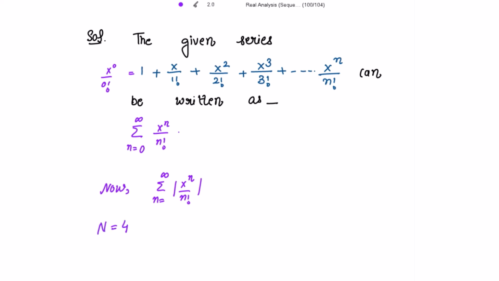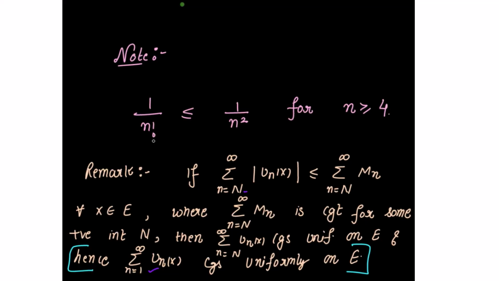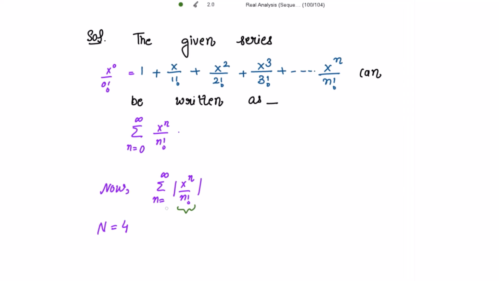Why am I taking 4 over here? Because I have n factorial in the denominator. And just now we have studied that 1 divided by n factorial is less than or equal to 1 divided by n square for n greater than or equal to 4. That is why I need to start the series with n equal to 4, because I am going to use that note over here. So considering this, which is equal to summation n starting with 4 to infinity of mod of x to the power n divided by n factorial,